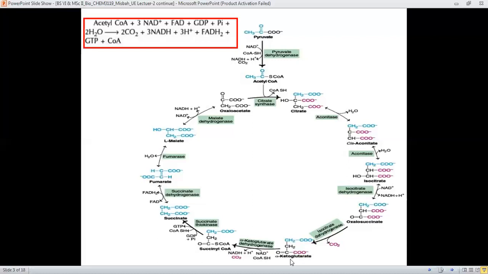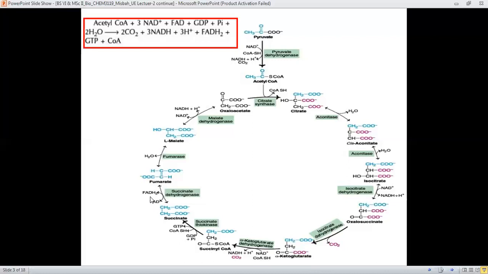alpha ketoglutarate is converted into succinyl CoA by the action of the alpha ketoglutarate dehydrogenase enzyme, and therefore there is a removal of this carboxylic acid functionality in the form of carbon dioxide, and also there is attachment of the CoA part, and therefore there is formation of succinyl CoA. Similarly, succinyl CoA is converted into succinate by the removal of the CoA part, and later on succinate